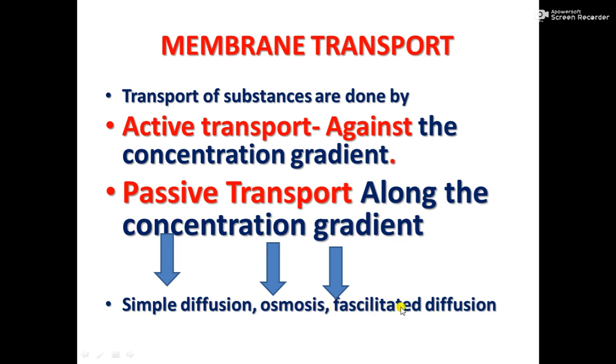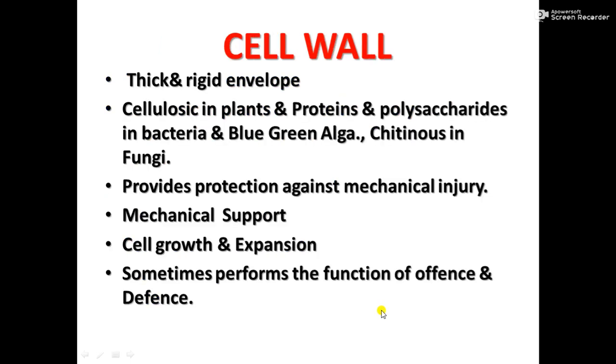Now the third kind of diffusion is facilitated diffusion. Facilitated diffusion means it needs the help of some carrier molecules. Facilitate means help. So the molecules directly cannot go into the cell or out of the cell; they have to be facilitated by some other molecule. These proteins help in the movement, as we have learnt. So these proteins facilitate the movement of molecules through them. That is facilitated diffusion.